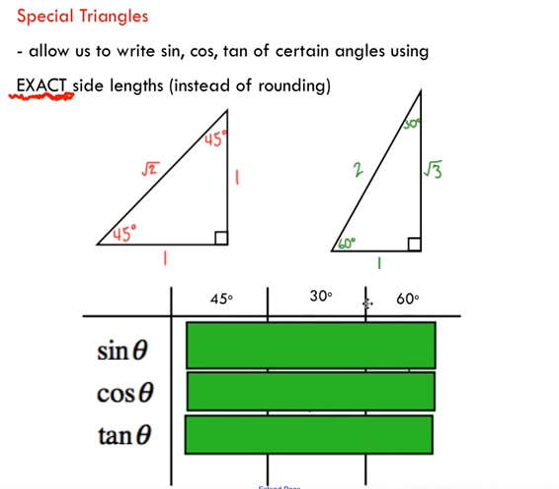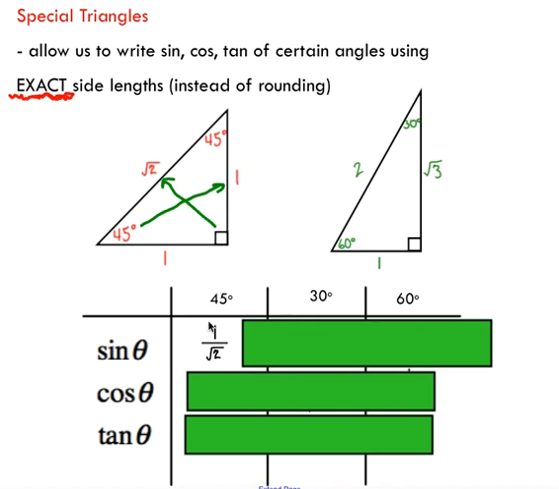So let's look at these angles and see if we can write exact ratios for the sine of these angles. For instance, the sine of 45. In order to do this, we have to use our understanding of right angle trigonometry, and remember that the sine ratio tells us we have to look at the opposite side over the hypotenuse. And when we do that, you'll see that we end up with 1 over root 2. We don't round this, and we don't say that this is 0.7071. Our goal here is to write this as an exact answer, so 1 over root 2 will suffice for us.